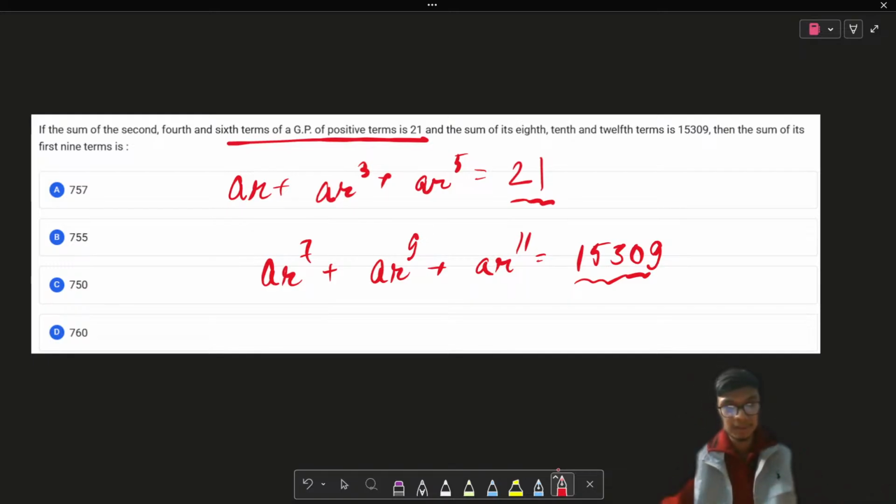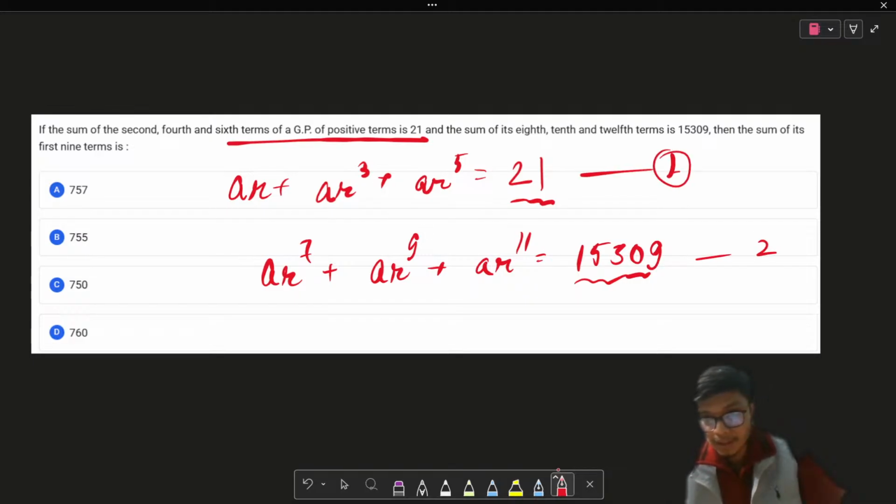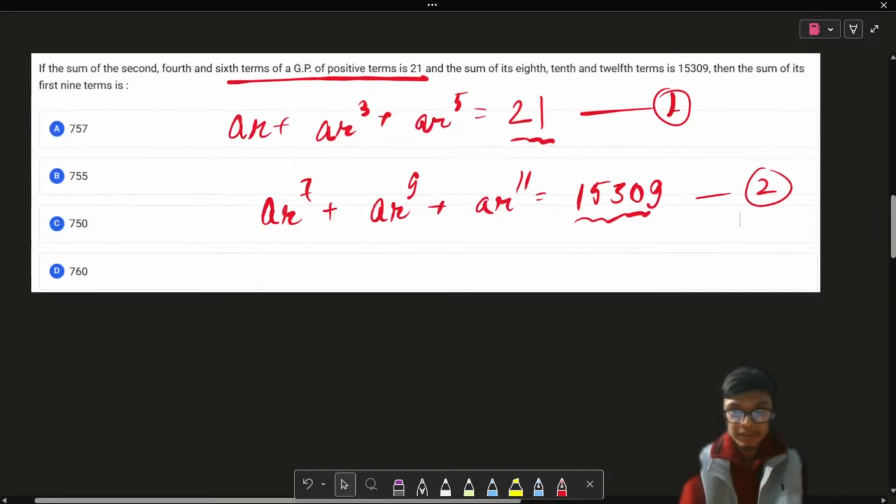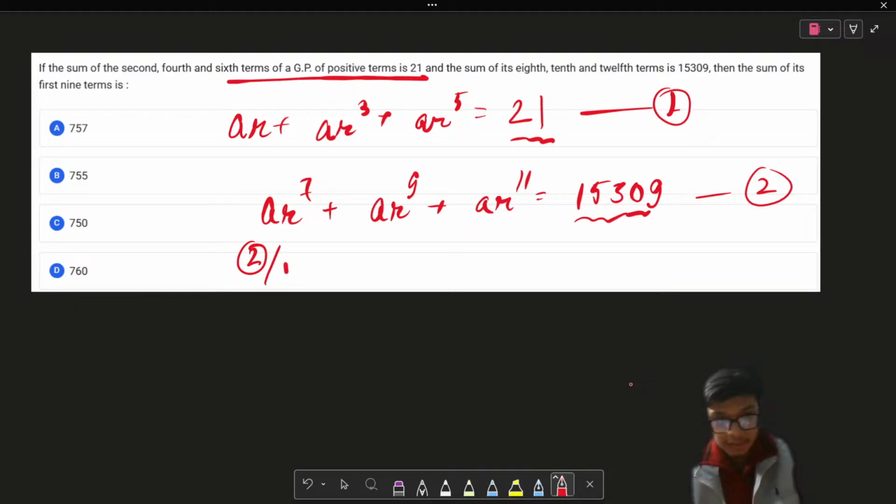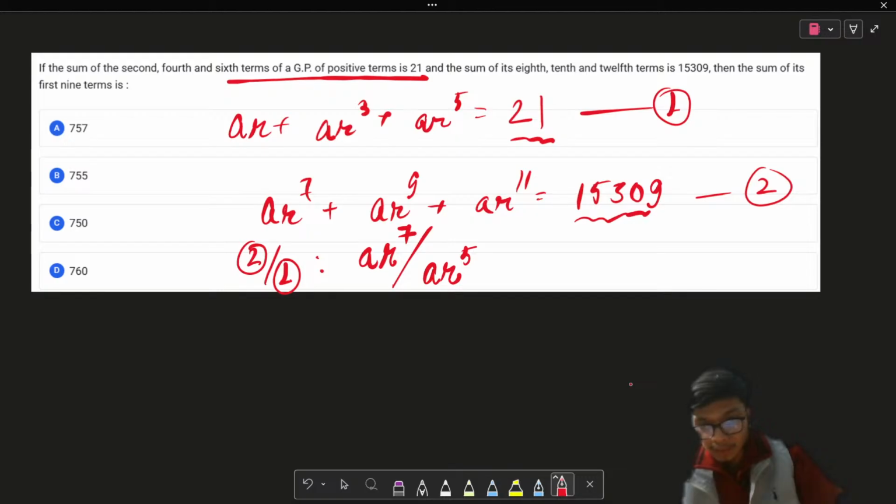The initial terms are very small, and as n increases, the terms become very large, right? So from here, let us consider this my first equation and this my second equation. To proceed with this question, I divide the second equation by the first equation. If I take AR to the power 7 as common from the numerator, and in the denominator I take A to the power 5 common, I'm going to get the result as